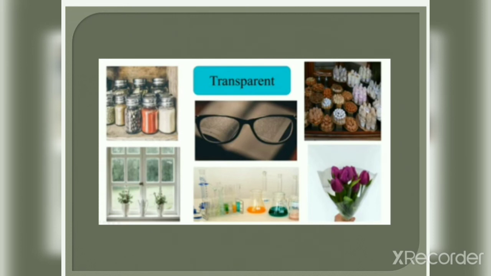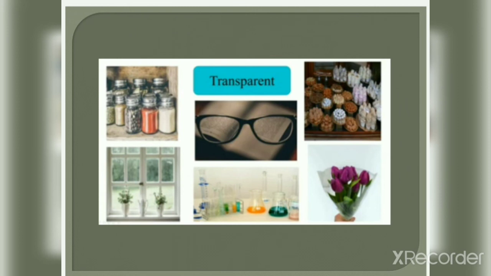Why always in a bakery shop in the front you will find the transparent glass window, so that you can choose your favorite food just by looking at it. And that is the reason that we have wooden opaque doors in our homes, so that no one can look into our homes from outside.